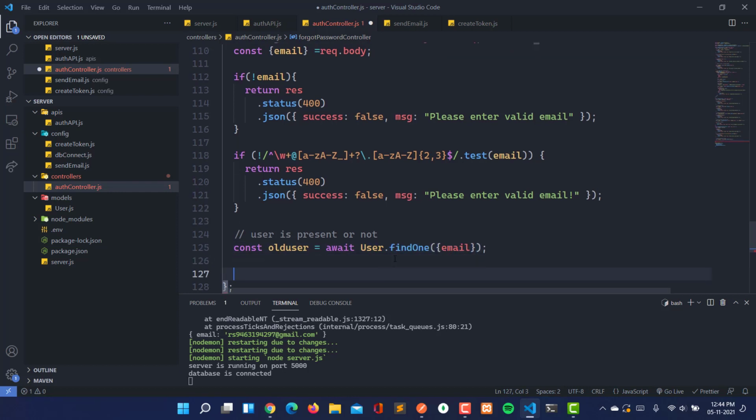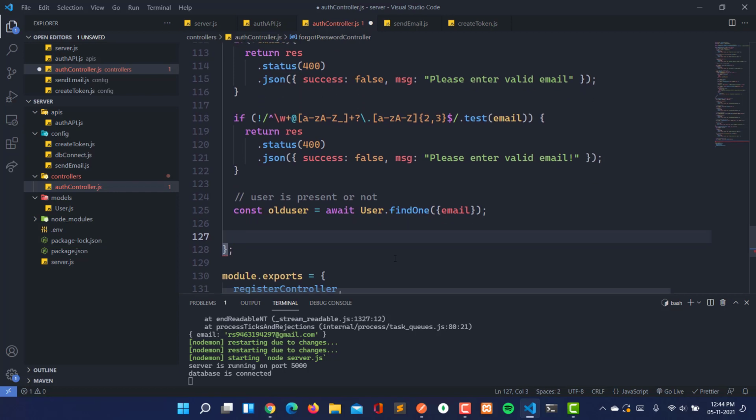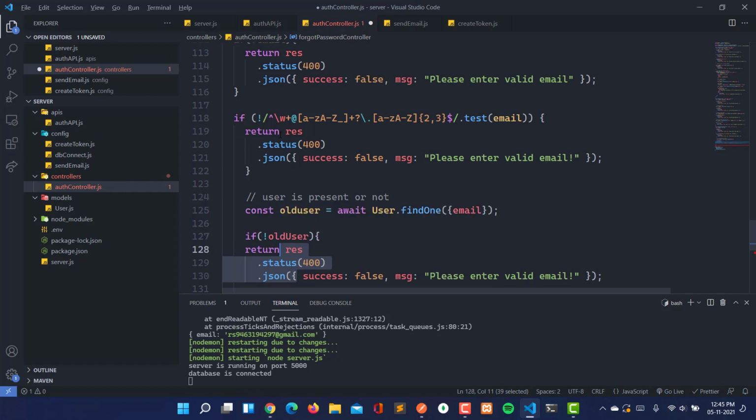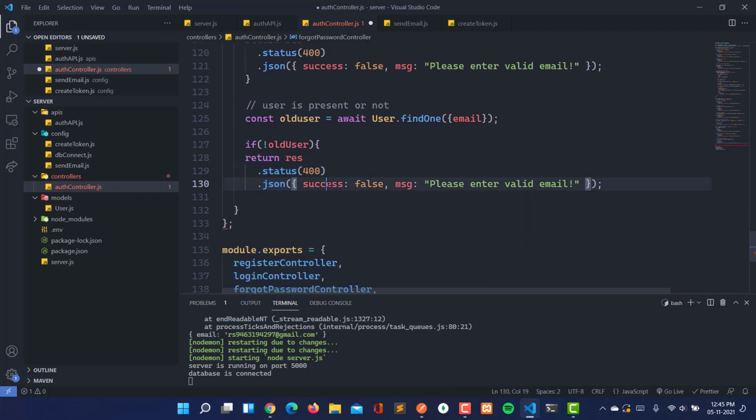If the old user is not present, then we are going to return, user is not found.